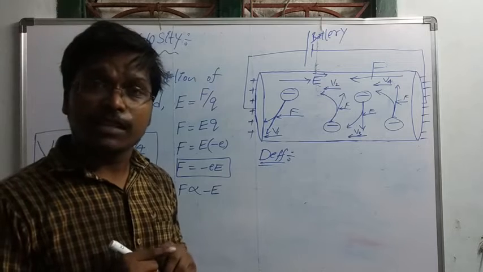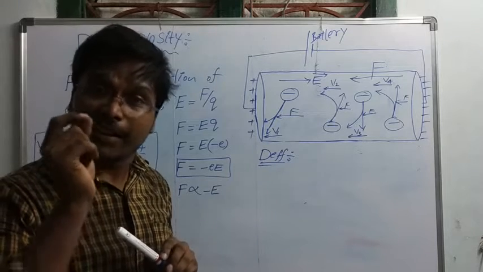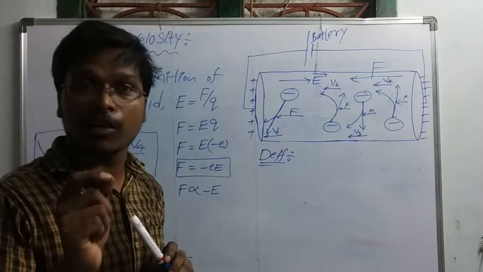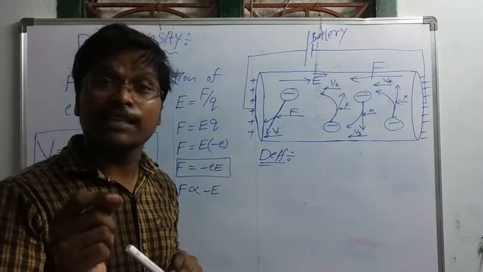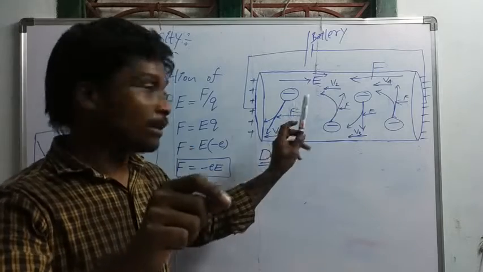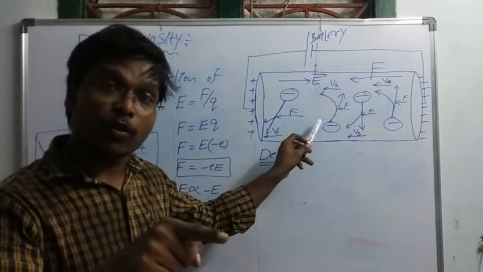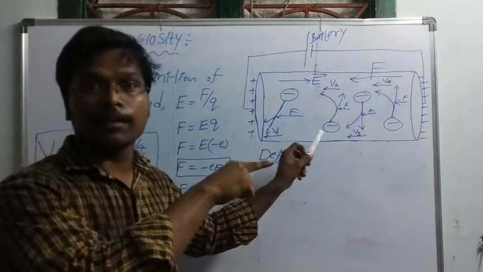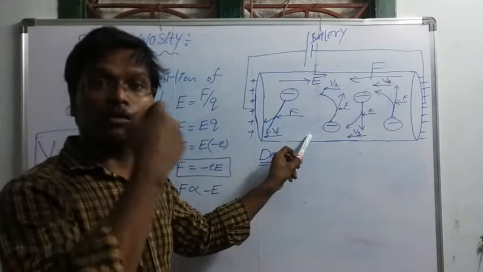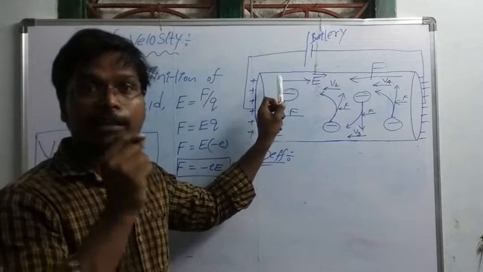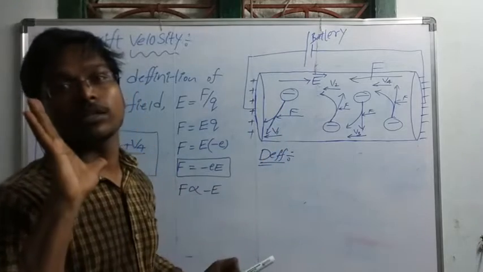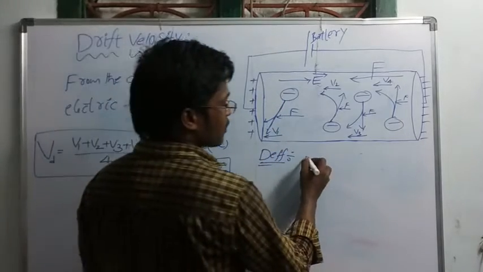Drift velocity is the average velocity. Drift velocity is the average velocity created by electrons inside of the conductor because of the electric field. Because of that electric field, it is called drift velocity. I will write: drift velocity is the